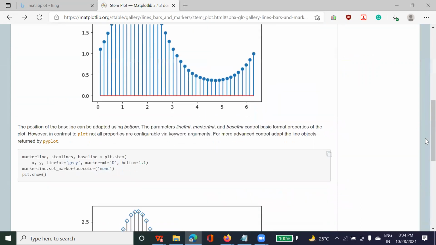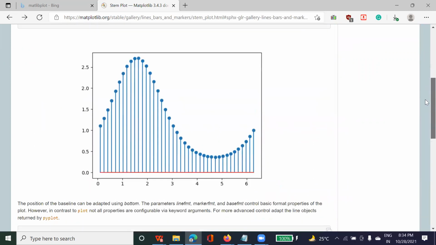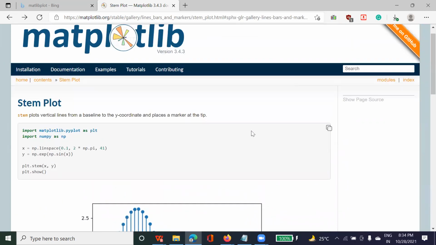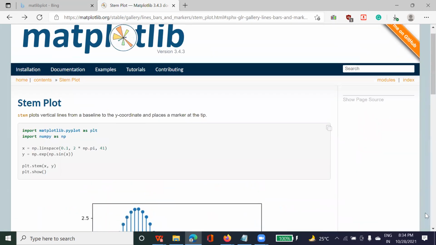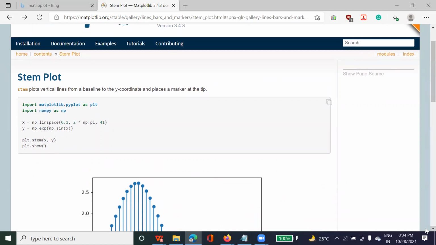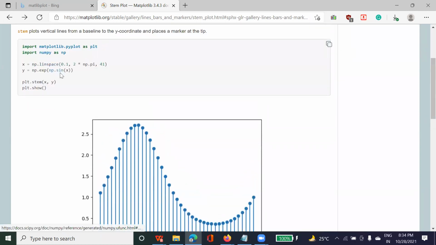Because I can't tell you all the programs, because of time issue, but I can give you some examples that you can try as an assignment, so that will make you stronger. And you can see, to make this graph, how many lines of code you need to write. You need to write only 6 lines of code. So it's very easy. You don't even have to remember it. You can just look into this code and run it in the Colab. So you will get this data. Make changes here in the operation, make changes in the variable. So you will get an idea what this variable stands for, what this function stands for, right?